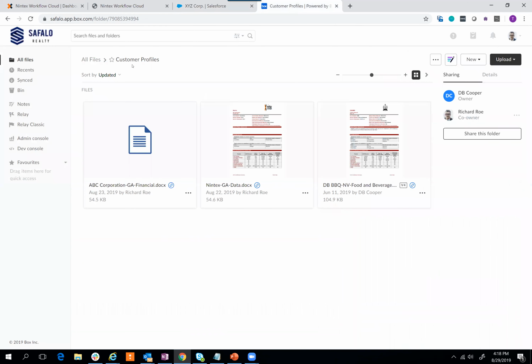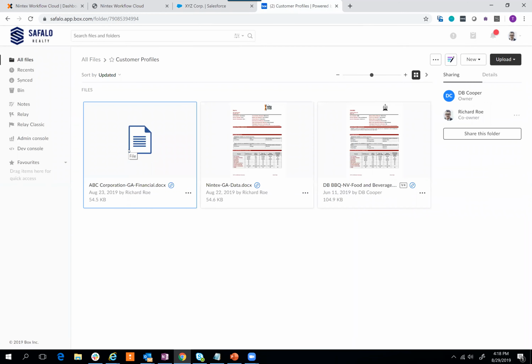Also on the Box side, I have 3 files that are out here. We'll go ahead and update this. We should have a 4th file that shows up here in just a second. What we're doing with the workflow here and orchestrating the process, we're actually generating the document for you. The workflow is going to handle that, so that you as the seller can just fill out the form, input